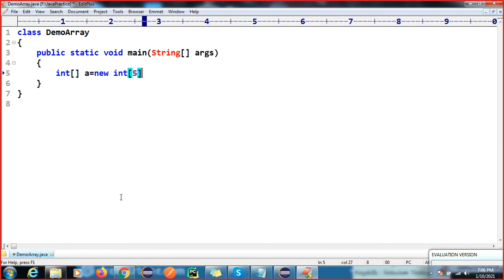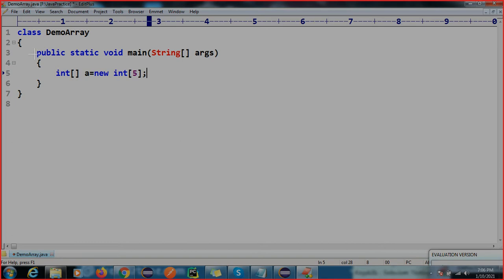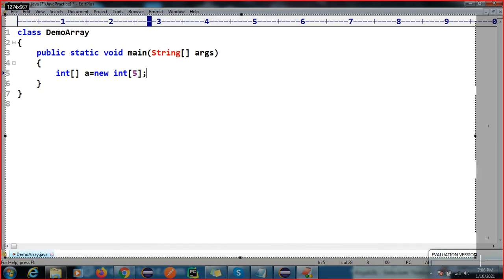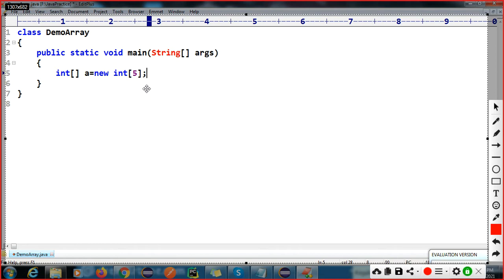Like I'm going to store only 5 elements here, so we have to understand what actually it is, right? First we have to understand why we use an array. If you want to store multiple elements or multiple objects, then we should go for an array. So how to create an array? We have two parts here, right? This is one part and this is the other part. Understood, right?